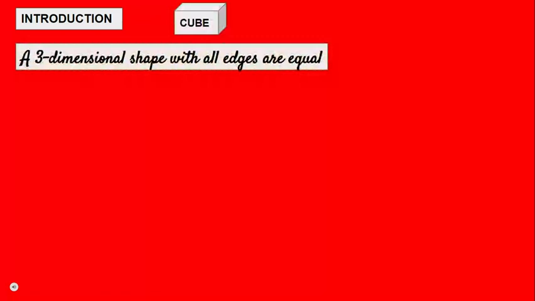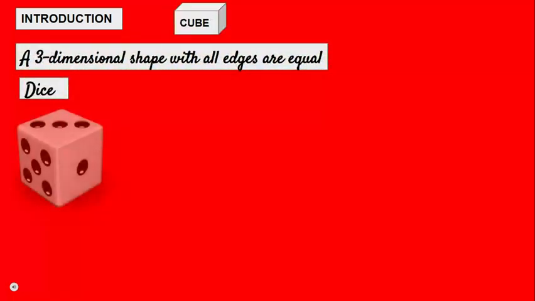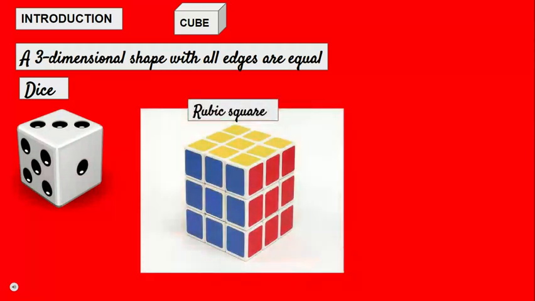So the best example of a cube which you can think of around you is the dice which you use while playing Ludo, right? Now you look at the die, you can see that all the sides are equal in length, isn't it? In fact, look at the Rubik's cube, which we normally play with as a puzzle with different colors, where you need to rearrange them to make the same color on one side, right? So this is also an example of a cube.